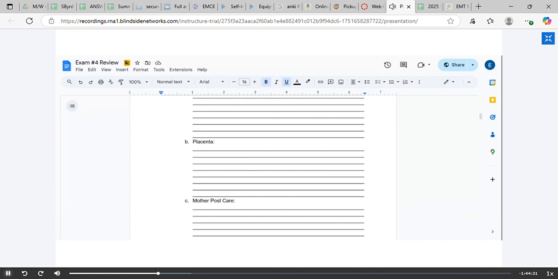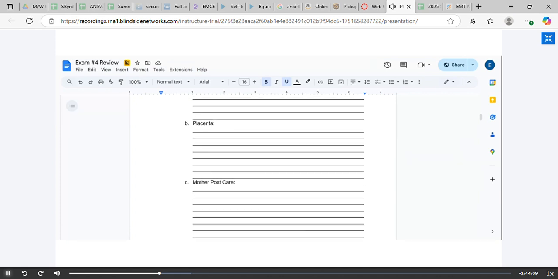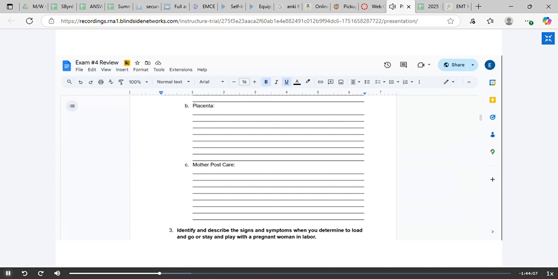So use that biohazard bag. You should have several of them on your ambulance. Put it in the biohazard bag and make sure that it gets transferred over to the physician so they can inspect it and make sure everything is intact. Okay. Now the care for the mom, so the post-delivery care for the mother normally deals with hemorrhage control,